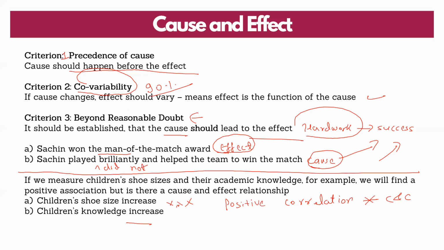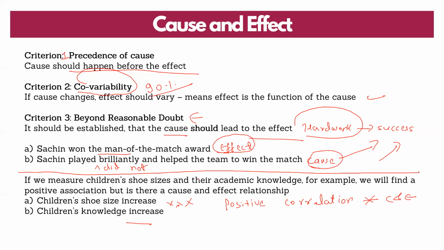There can be some correlation between them. But then I cannot say that it is a cause and effect relationship, right? So there is a difference between correlation and cause and effect relationship. In your passages and in your questions based on the passages and logical reasoning, you are given such kinds of options. So understand there is a difference between correlation and cause and effect.